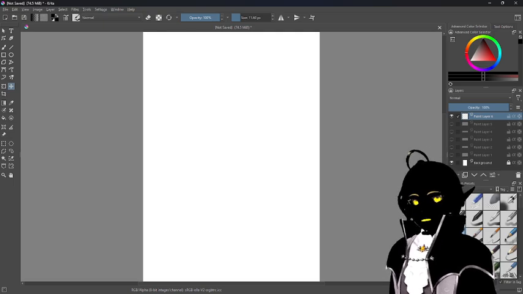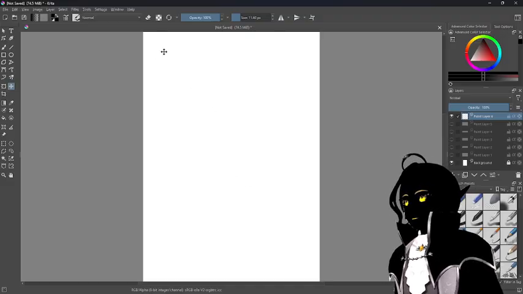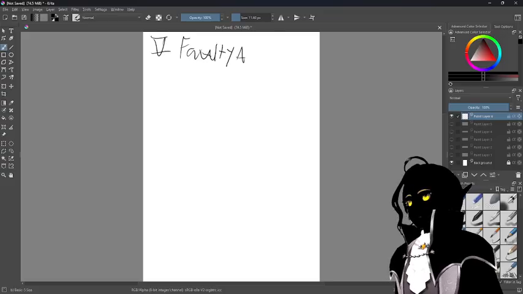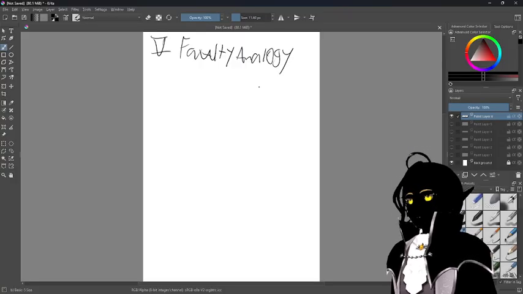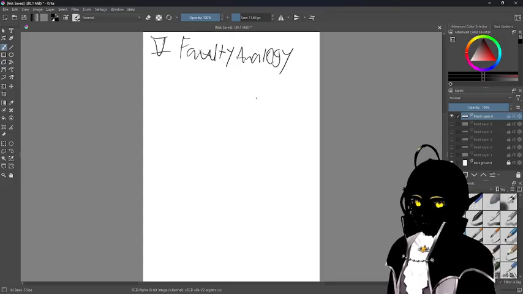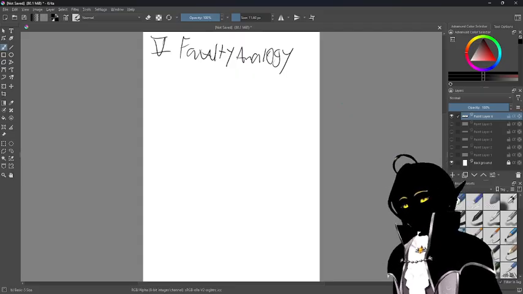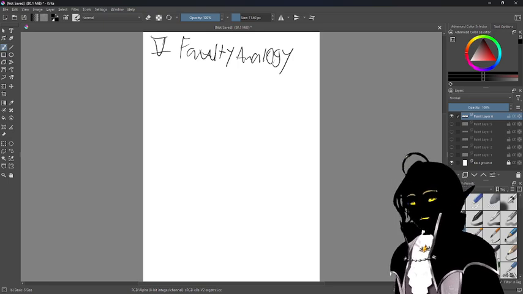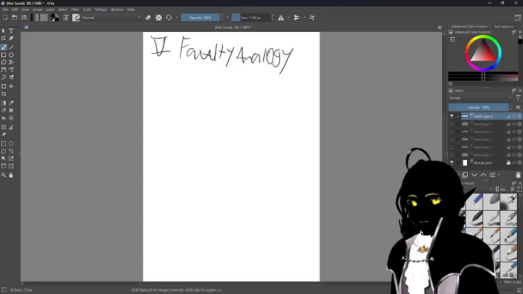But anyway, after hasty generalizations, we are now on to number 5. Number 5 you should recognize because number 5 is, hold on, let me go back to the brush. Faulty analogy, or as I like to call it, faulty analogy. Long story short, faulty analogy is kind of a blanket term that you can use for all of these, but in and of itself it can actually just be its own thing.